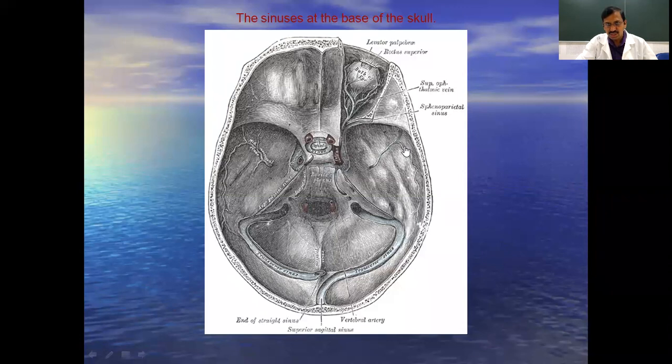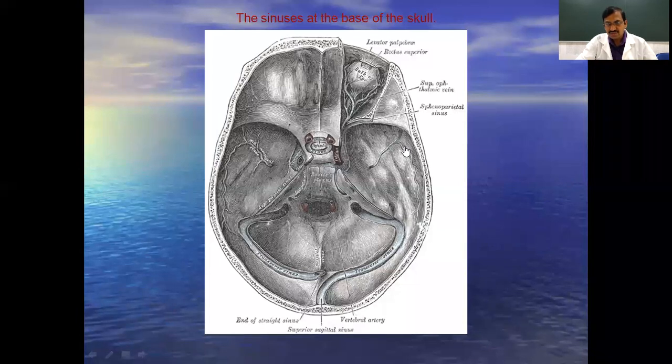Extradural hemorrhage is mostly slow in prognosis. Immediately after the accident, the patient may feel fine, but over a period of time there is slow accumulation of blood, and this extradural hemorrhage may compress the brain. It leads to slow development of symptoms like giddiness, vomiting, headache, and finally the person may develop convulsions. That is why this is the extradural hemorrhage.